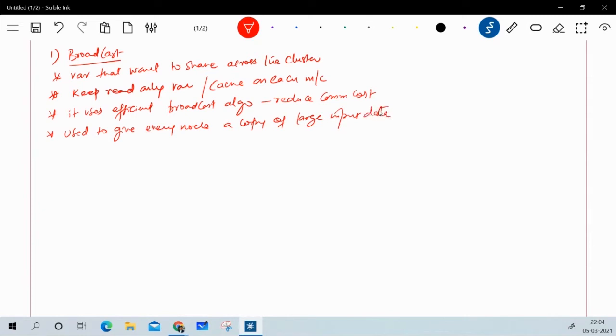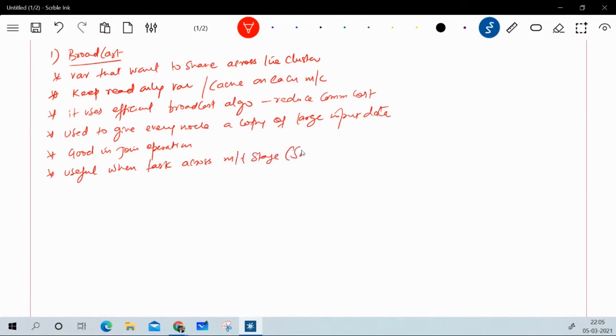It is the duty of the broadcast variable to provide a copy of the large data efficiently, and broadcast is very good in join operations. A very interesting thing about this shared variable is that it is very useful when we have a task across multiple stages.